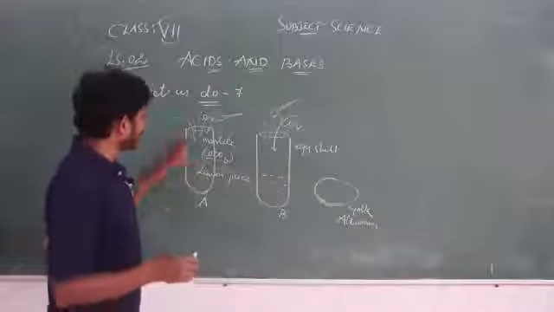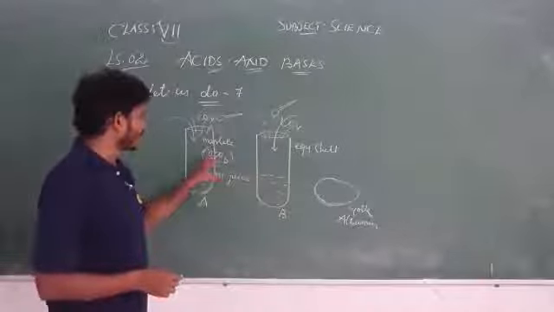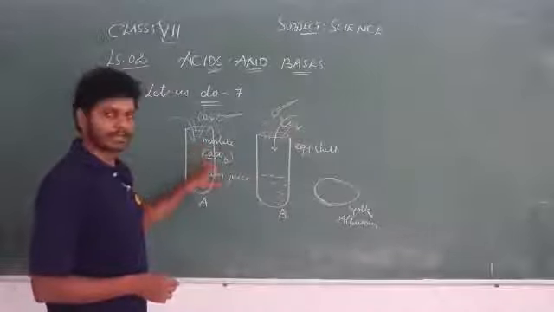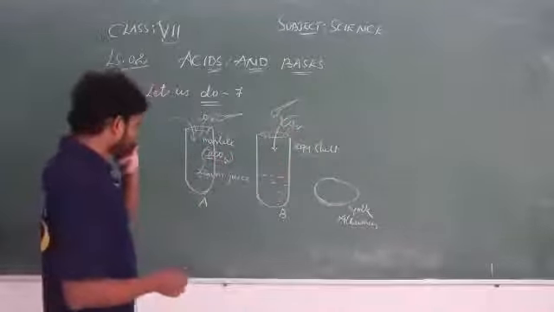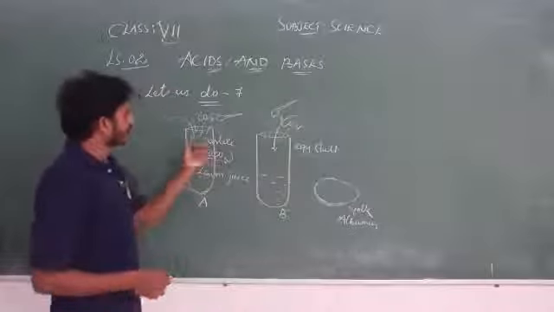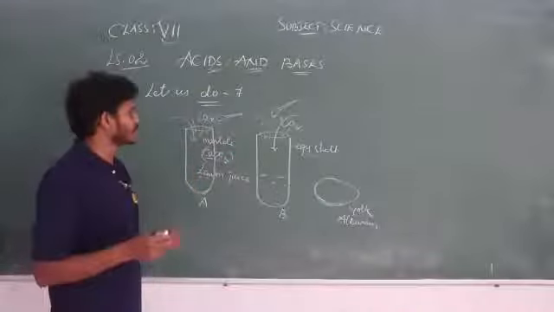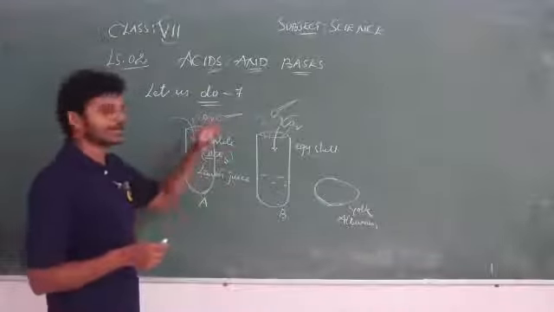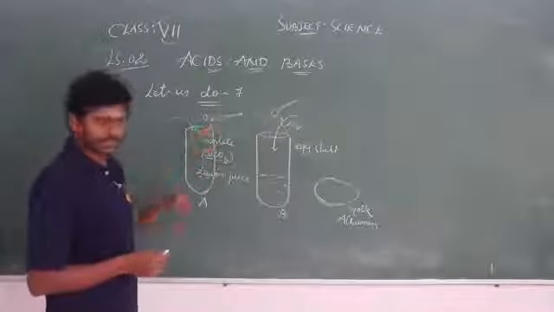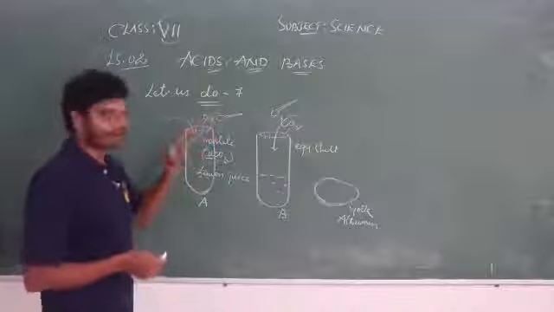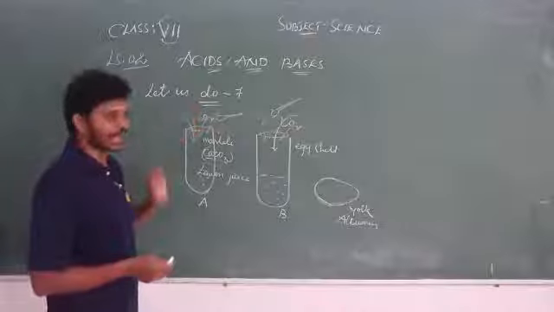Okay, once again listen: two test tubes, lemon juice in each. Inside this one marble is added, the chemical formula for marble is CaCO3, and in this one you added eggshell. After that we notice that gas is released from both test tubes. To confirm which gas is released, we bring a matchstick which is lit. When you bring a lit matchstick with flame, it gets put off. By this we can confirm the gas which is released here is carbon dioxide gas.